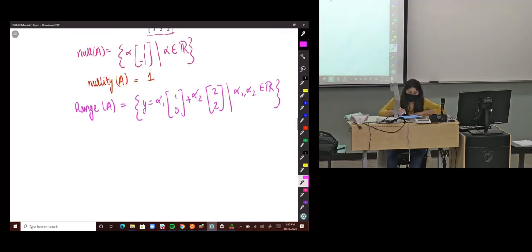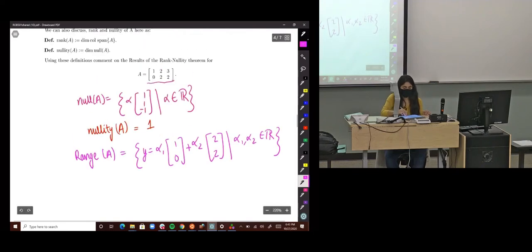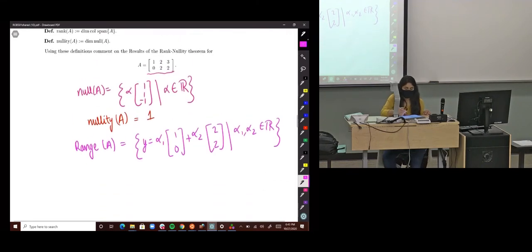So from here, you can tell that all elements y in the range of A can be defined as linear combinations of just these two vectors that are linearly independent, which means that the dimension of the range of A, which is also the column span of A,